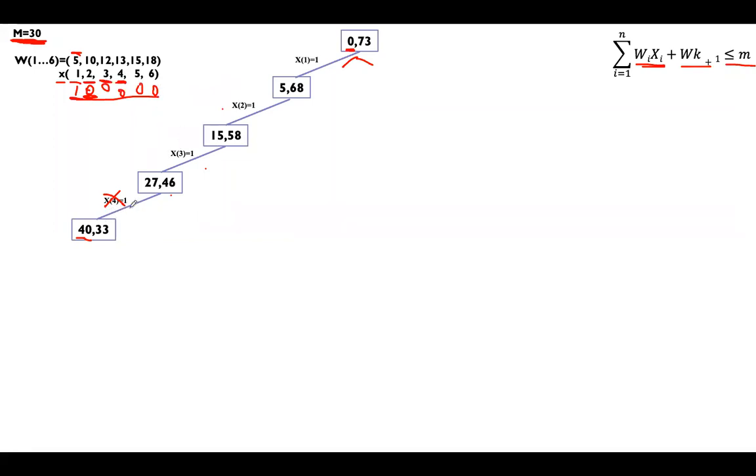So x4 is equal to 1. It's not possible because its weight will be more than m. So we'll stop here. We'll go to the right side, that step will trace back, where I will not select the x4. So x4 is 0 now. If x4 is 0, this 27 will remain as it is, 27. But among this 46, I will minus this 13 because x4 is left out. So 27, 33. Next, x5.